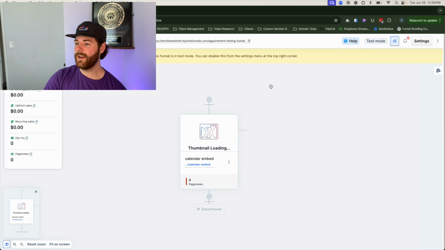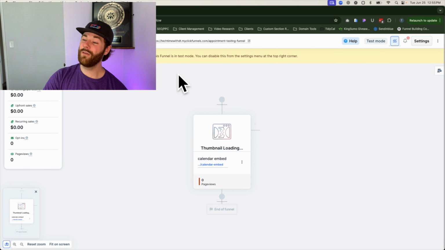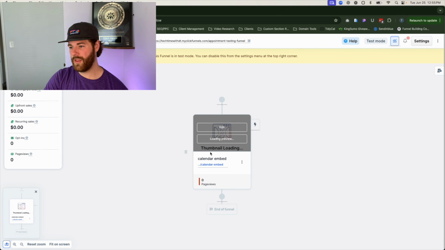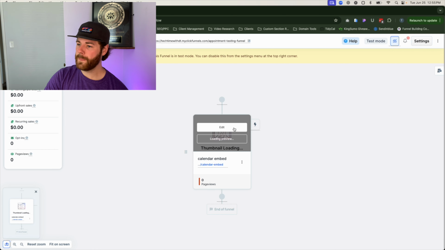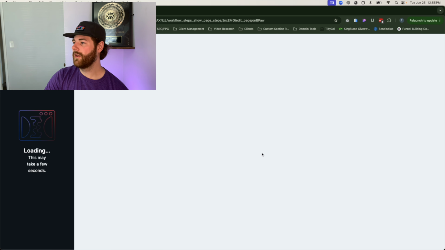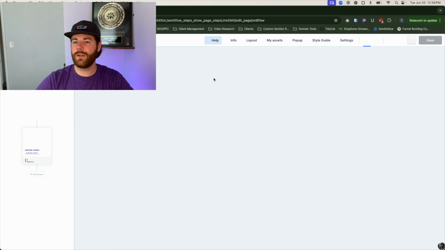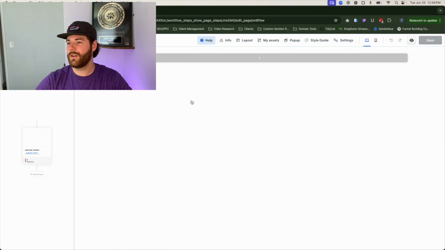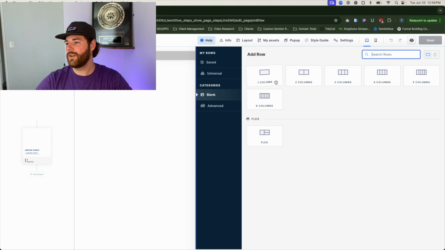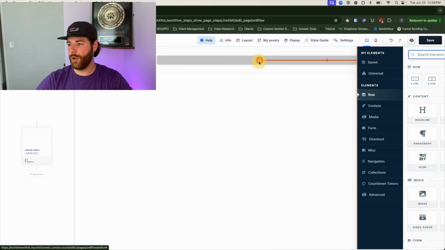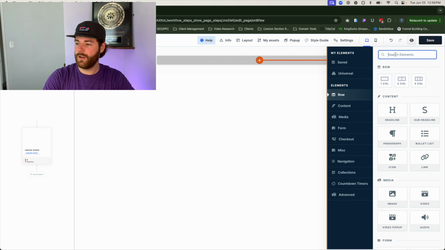After that, click on edit. Hover over the image itself. As of right now, it's saying thumbnail is loading, something's actually there. And then click on edit. From there, all we need to do is go in and actually add a section, add a row, and we'll add a new element to the row. The one we're looking for is going to be